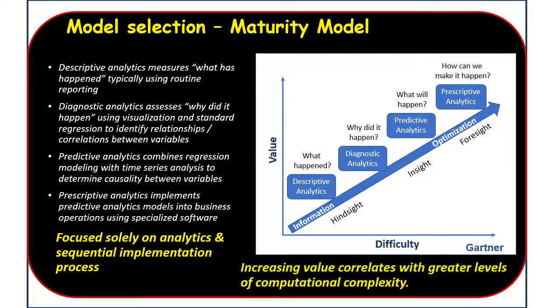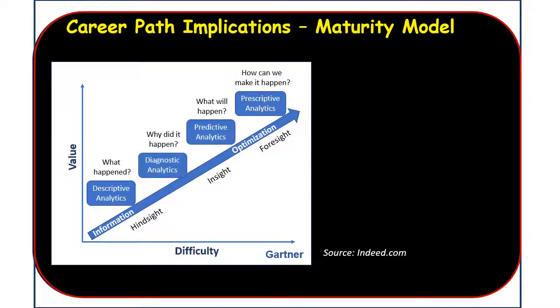The maturity model is focused solely on implementation of data analytics. Each stage is sequential, and the model suggests that organization value only increases with analytics complexity. What are the career path implications for the maturity model? Well, the skill to conduct higher level analytics is required at stage 2, very, very early in the maturity model lifecycle. This suggests that only very highly skilled practitioners like, say, data scientists can add organization value across the entire analytics spectrum. So what skills